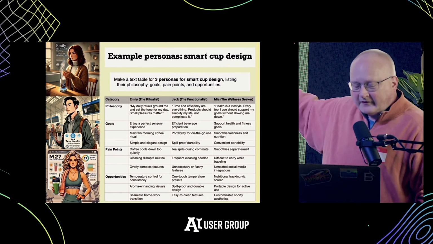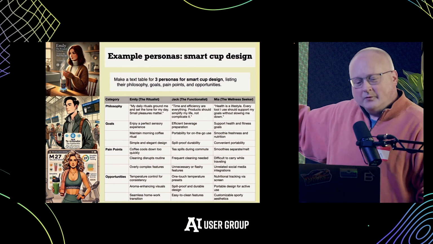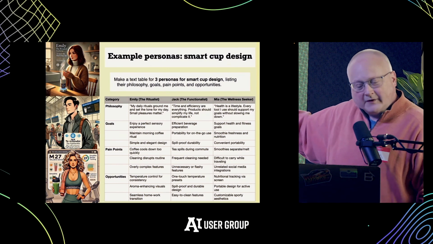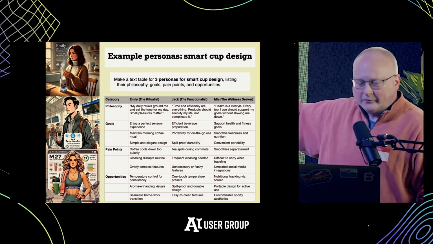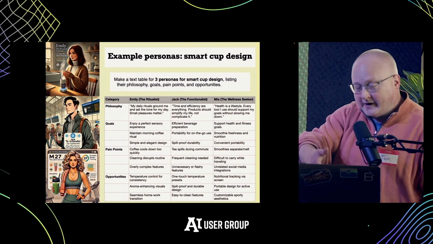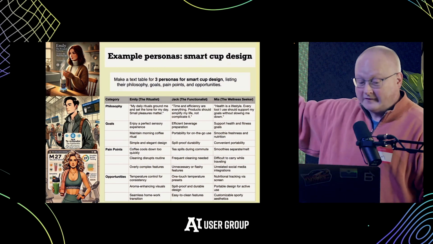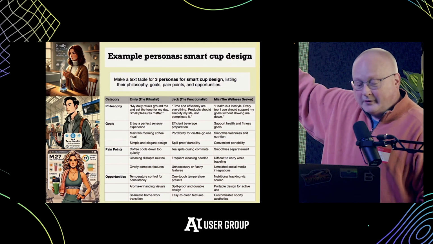But this actually is really good right off the bat. So the very first thing it does with a minimal prompt is very helpful. You get to learn about 3 types of users. There's a ritualist, so this is the top one. And by the way, right after this prompt, you ask it to illustrate them. So you get Emily at the top. She's doing her morning ritual with her coffee.